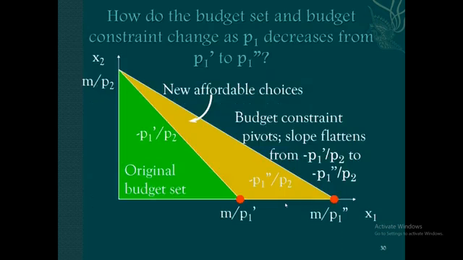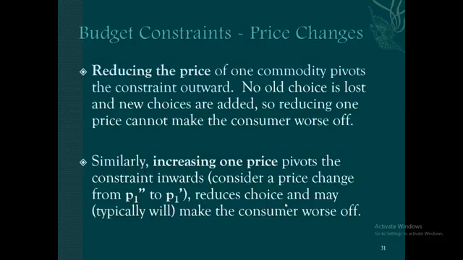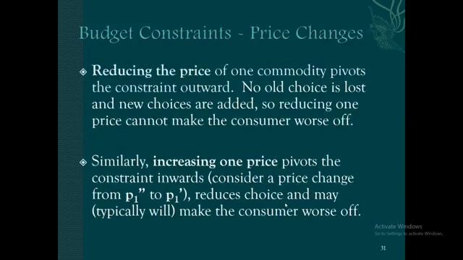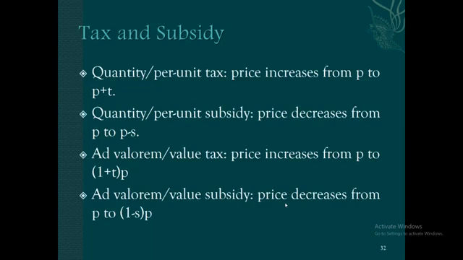This is simply because suppose your P1 double dash is actually your original one, then you can also say that if it is moving towards M by P1 dash, that is actually an increase in the price of X1 that takes place. So relatively your affordability will fall. So in that sense, the consumer will also get worse off. Now, this is quite straightforward,